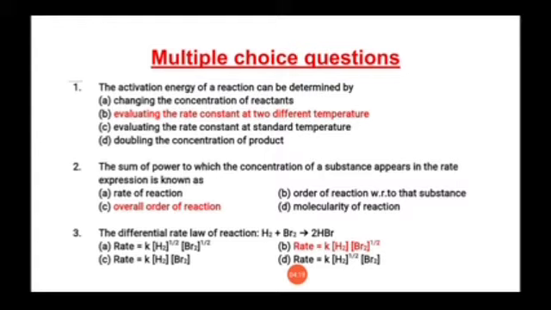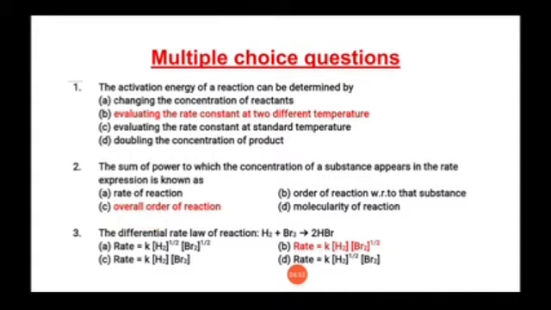because whenever we are writing the differential rate law, say I am giving you one example. Say the simple reaction H2 plus I2 gives 2HI. Now the differential rate law for this reaction can be written as minus d[H2]/dt is equal to K into [H2] raised to 1 into [I2] raised to 1. So here the order of reaction is the sum of the powers of reactants. So it is 1 plus 1, that is equal to 2. So it is known as the overall order of reaction. So for this question number 2, our answer is overall order of reaction.